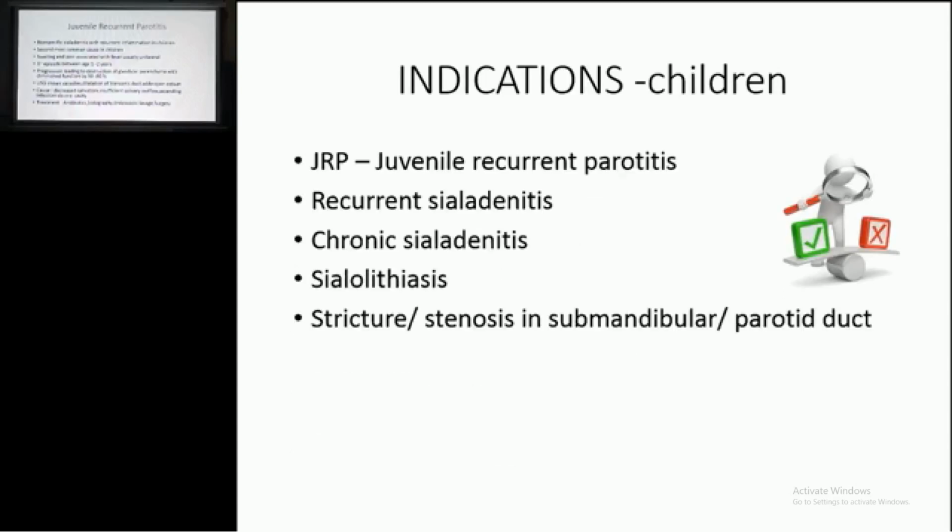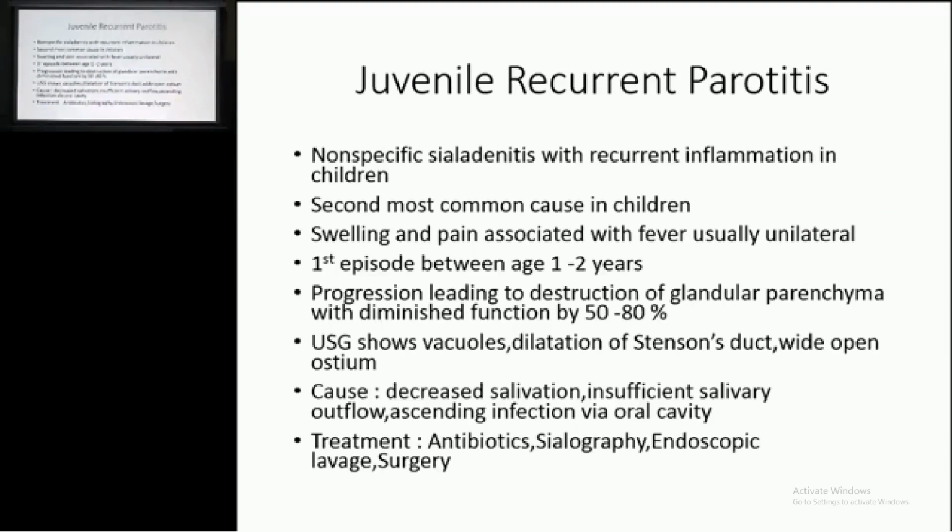So this is basically a non-specific sialadenitis with recurrent inflammation in children. And after mumps, it is probably the most common cause of parotid swelling in children. And the cause is really not known, but there is decreased salivation, insufficient salivary outflow, and ascending infection via the oral cavity. So all this leads to a situation where the child develops swelling, pain associated with fever. Quite often it is